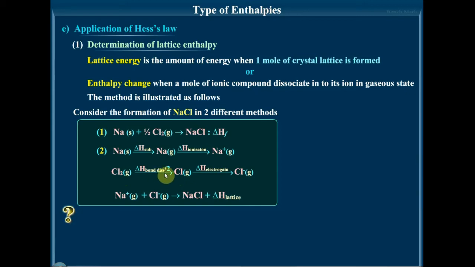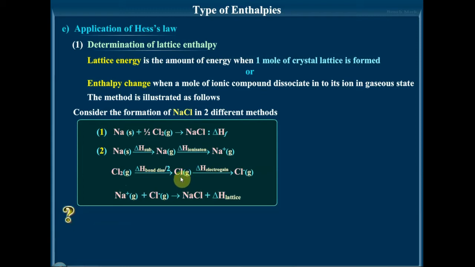So you get here Cl. Okay, and the next is chlorine in the gaseous state. Chlorine in the gaseous state has to accept an electron, and that enthalpy change is called the electron gain enthalpy. Electron gain enthalpy. Remember here, Cl2 is getting converted to Cl. So here, before that, there should be half Cl2. Because the number of atoms here is 2, here is 1. So you have to write here half Cl2 is dissociating to form one chlorine atom.